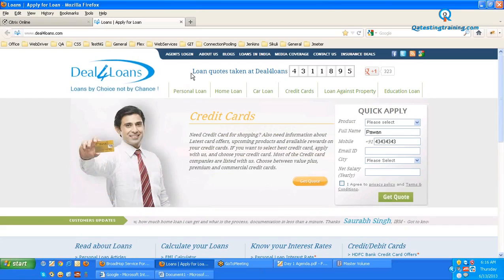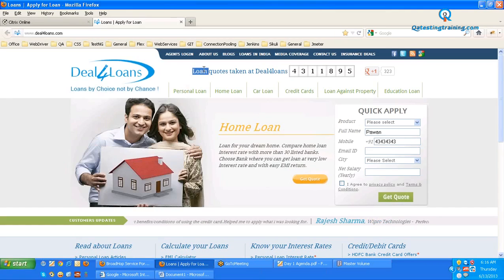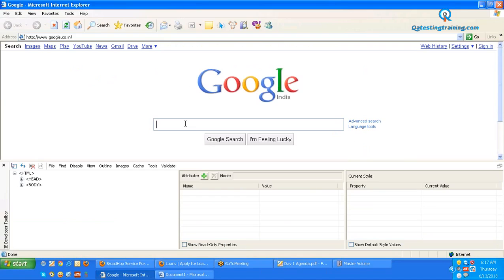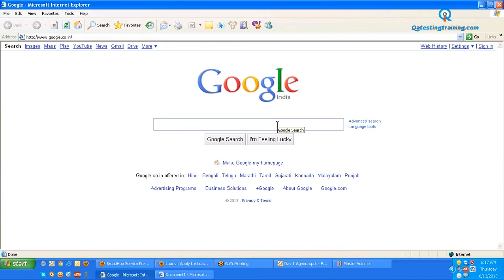So now let's start. How do we identify an element using ID or name or class name first of all? First of all, I am taking Internet Explorer, and I will show you how to identify web elements in Internet Explorer. For example, I have opened google.com. To identify elements in Internet Explorer, first of all, we need an add-on called